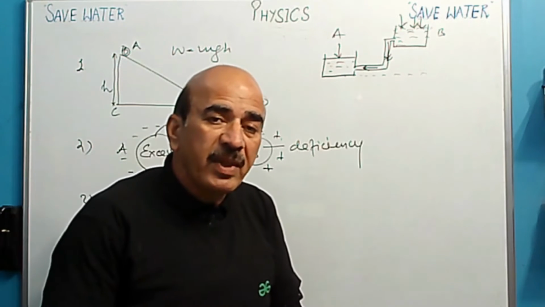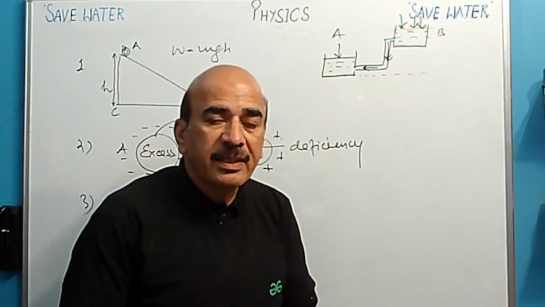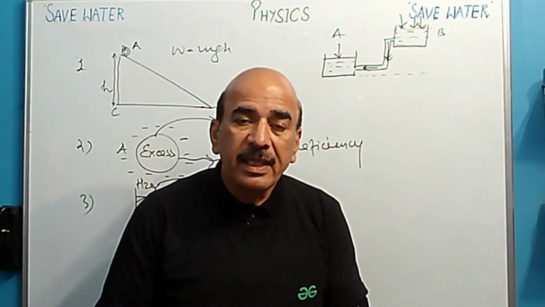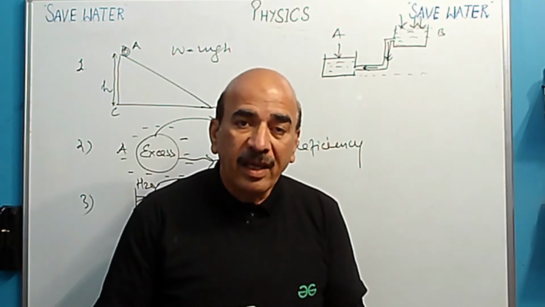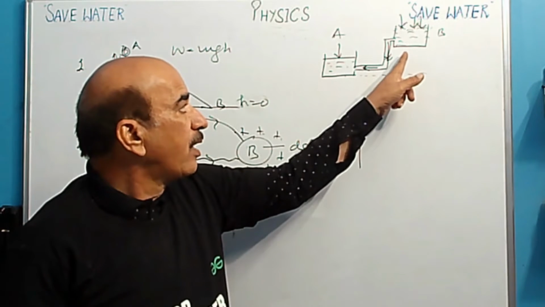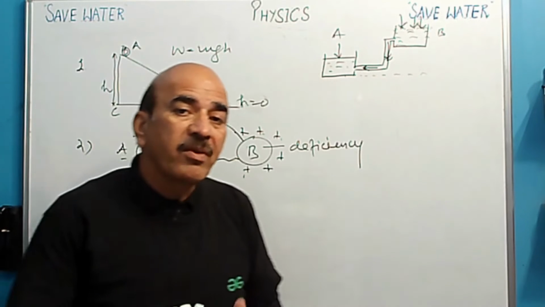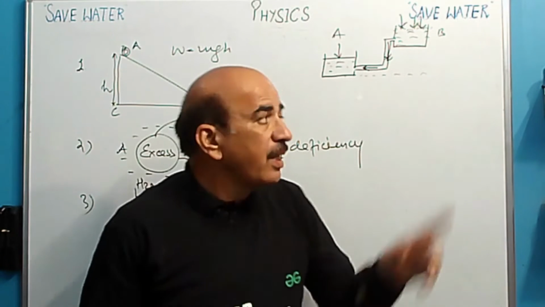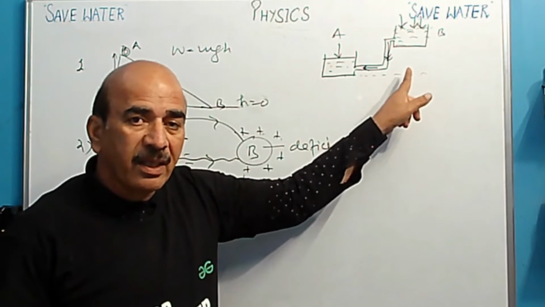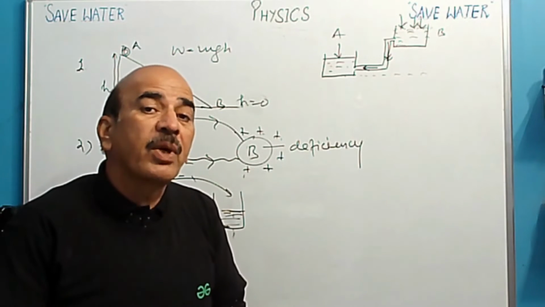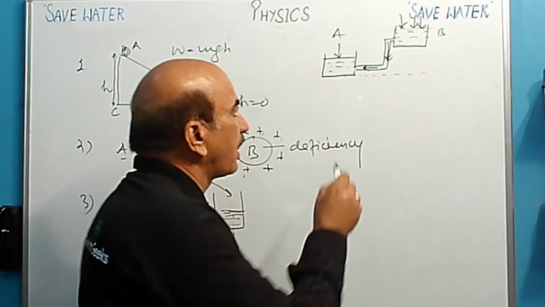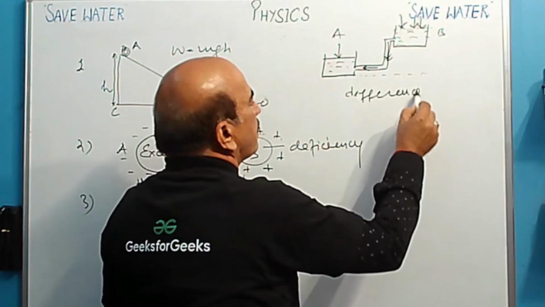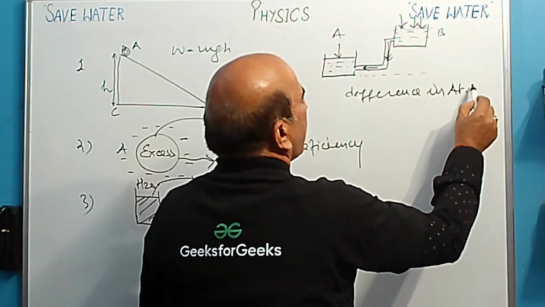Yes, so same thing happens with the charges in conductors. Charges in conductor. So charges also flow from higher to lower. Here we talk about the atmospheric pressure, so there we talk about the electric potential difference. Here difference in atmospheric pressure is there, and there we talk about the electric potential difference. This you have to understand.